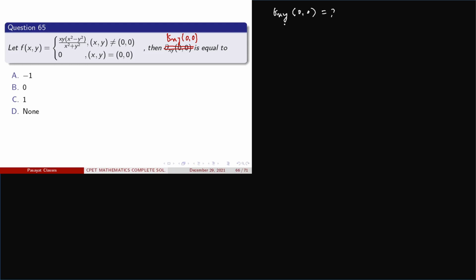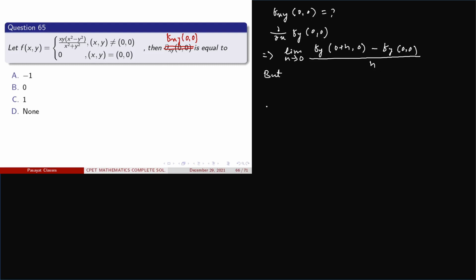So this can be rewritten as del by del x of fy of 0 comma 0, and rewriting this in limiting form, we get the limit h approaches 0 of fy of 0 plus h comma 0 minus fy of 0 comma 0, whole divided by h. But we know that this fy of